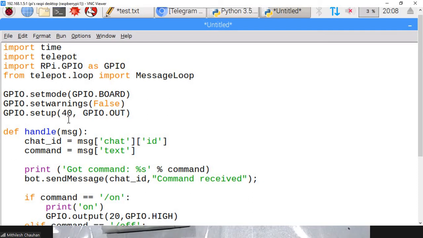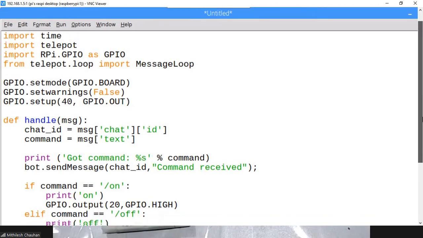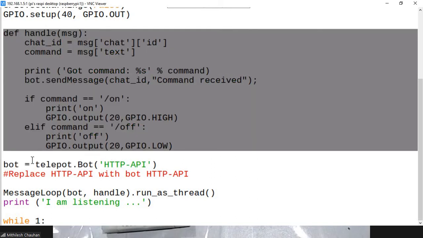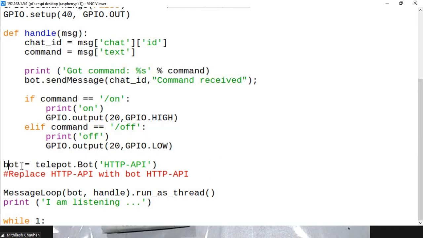Now we'll move down to the starting of the program. So this is the first line of the program. On the top this is a function, and the program begins from this line. We have written bot equal to telegram.bot. Now this HTTP API will be replaced with the API that we have created in the Telegram app.